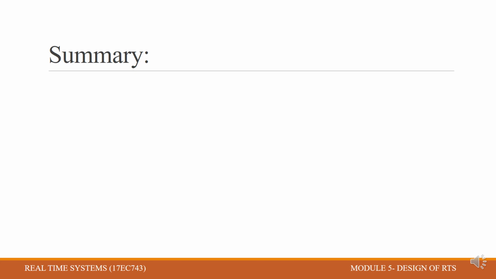The summary of the video is as follows. We understood the basics of foreground and background modules. When I mention foreground and background, we know that foreground tasks are the highest priority tasks, and these run with hard real-time constraints. Background tasks have the lowest priority compared to foreground, and these run with soft real-time constraints. We separate or partition the foreground and background tasks using a real-time operating system.